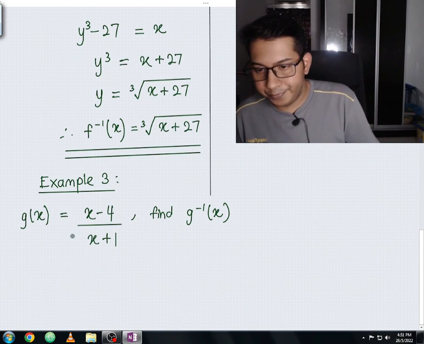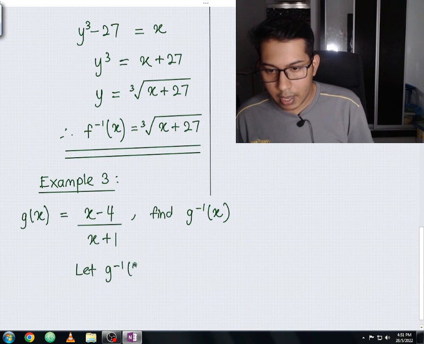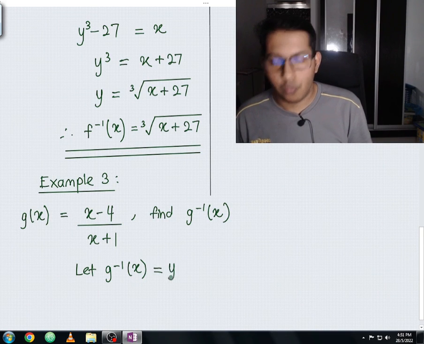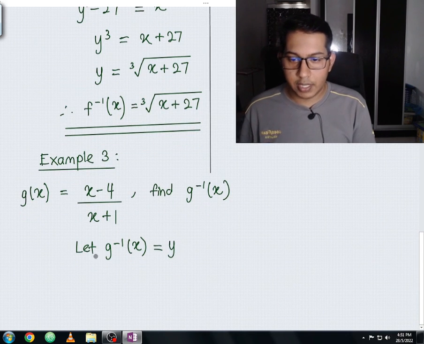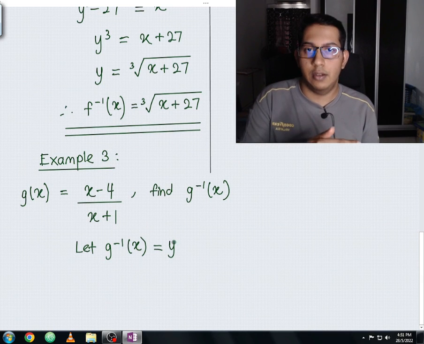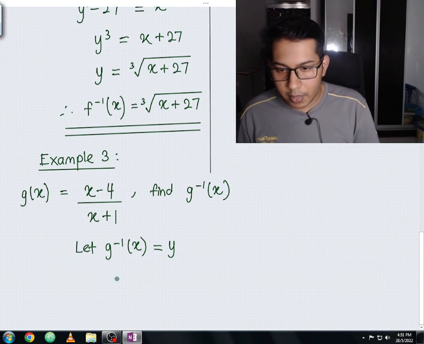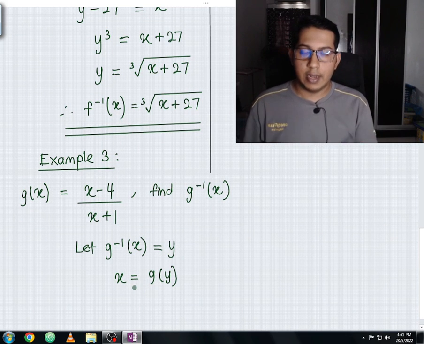From here, similar step, guys. I'm going to let g inverse of x equal to y. So the g inverse from the left hand side is going to move towards the right hand side. It will become x equals g(y). And then x equals g(y), so you can write it such a way that g(y)